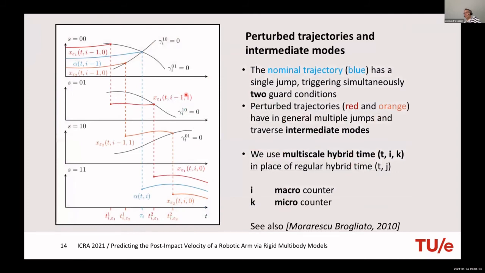So some details. I don't think I'm going to go into the whole explanation, because again, this is really detailed, but the point is that if you have some familiarity with the hybrid time, the hybrid system, then you know that people have developed this concept of continuous time and discrete time, t, j. For this analysis, for developing this, we had to create another concept, which is called multi-scale hybrid time.